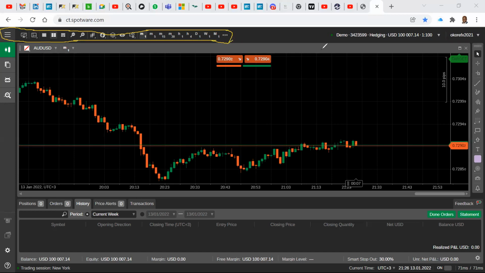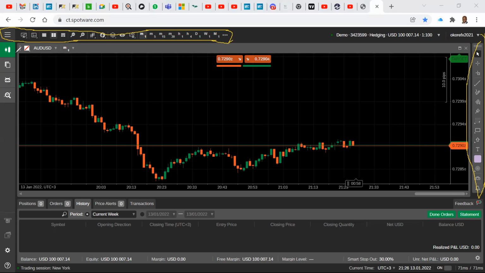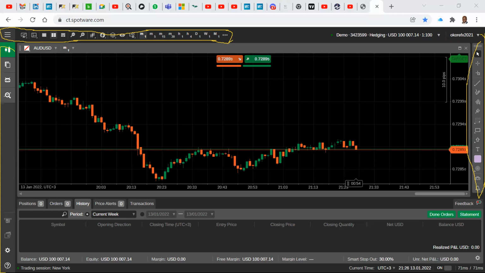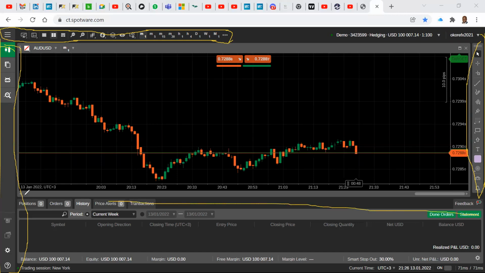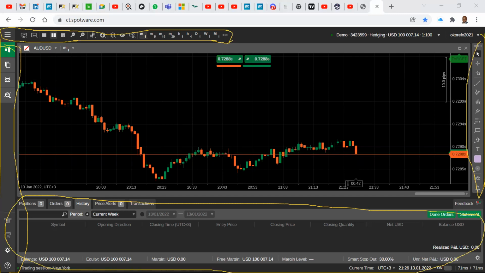The ribbon on the right, and naturally the ribbon on the left. But on the left, there's not much. It's important, but there's not much. Okay, and then basically everything else is down here. It's the only platform that can give you your statement if you want it, right away after taking some trades.